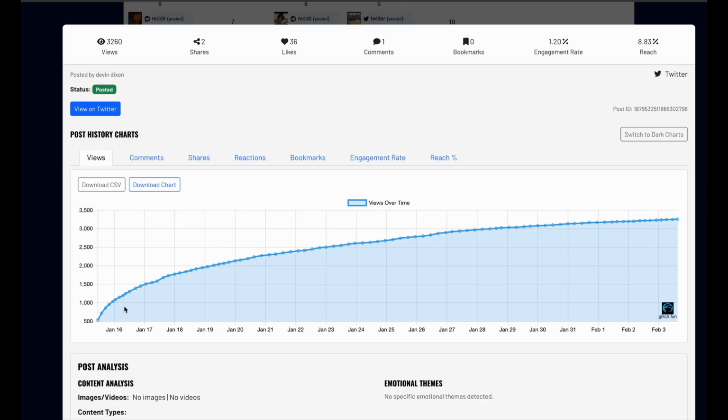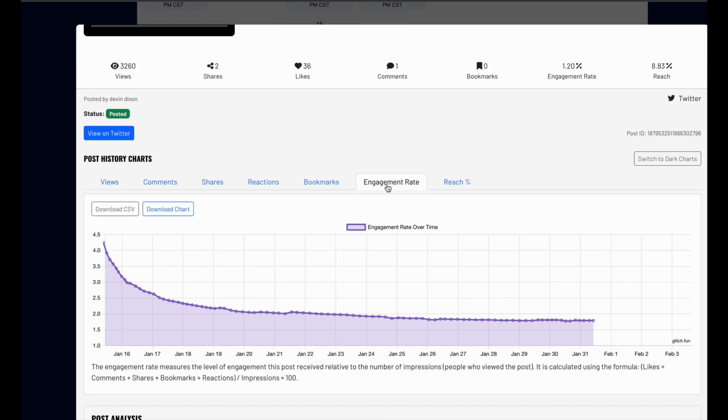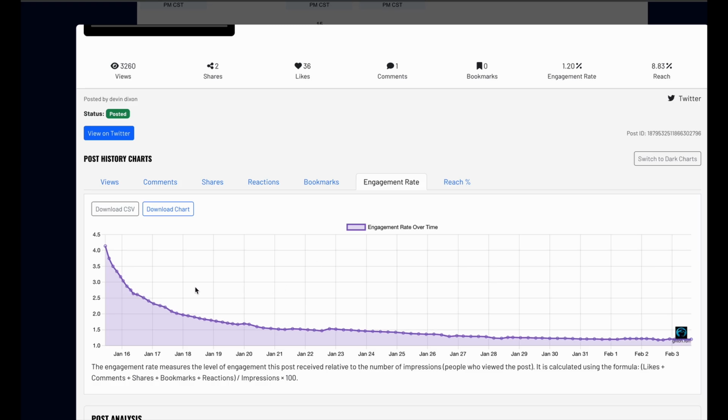And here, you can tell the lifetime value of the content. It's posted back in January and it keeps slowly getting views. While the views for this content are gradually increasing over time, what I really want to look at is the engagement rate. The engagement rate typically starts out really high and slowly drops off and begins to plateau. What I want to find is the plateau area, and that signals when I should probably create another piece of content.